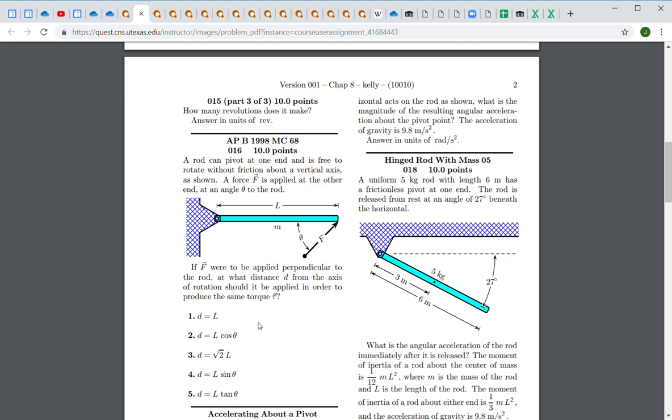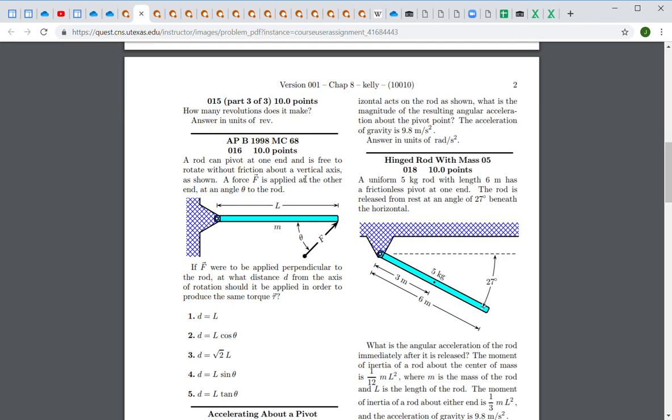If F were to be applied perpendicular to the rod, so instead of pushing up at an angle up and to the right, we use the same force and push exactly perpendicular to the rod, at what distance should we apply that force? In other words, should we push here perpendicular, or here, or in here perpendicular? At what distance from the rotation axis should we push with the full strength of F perpendicular to get the